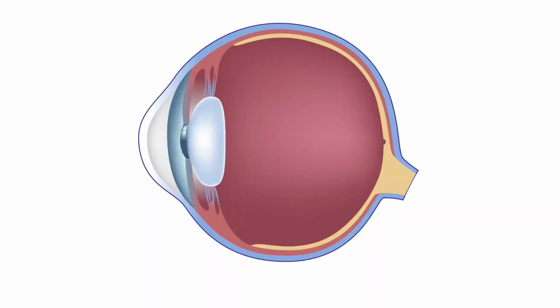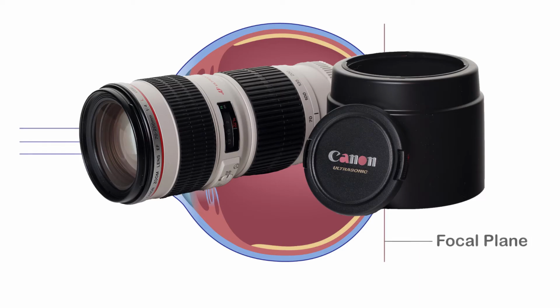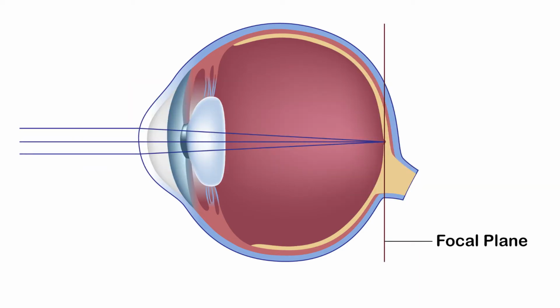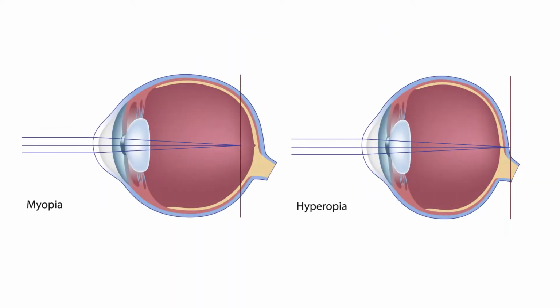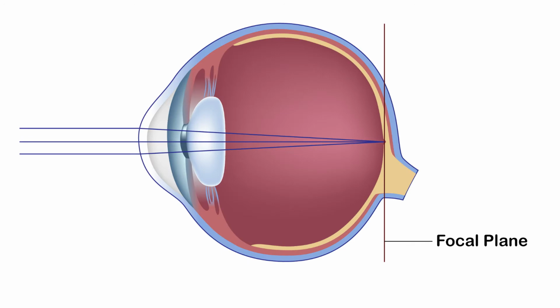Now let's get started. So your eyes work like a camera, where light enters the eyes or the camera lens and it has to focus the light to the back of the eyes, what we call the retina, or the sensor of the camera. When light doesn't focus properly on the retina, it ends up focused either in front or behind the retina, and that's when you see things out of focus. When you have perfect vision, your eyes naturally focus light properly on the retina.